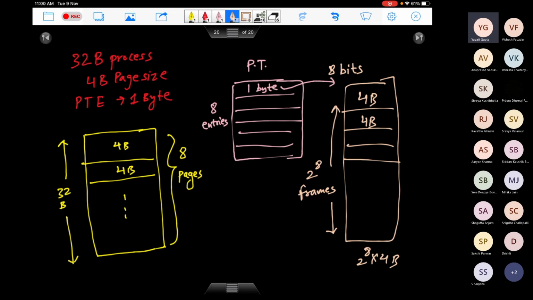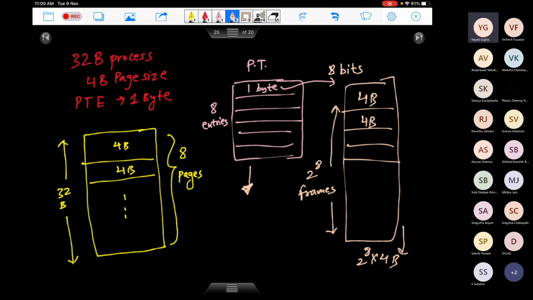Okay. Now, look at this page table. The idea of multi-level paging is, if you look at this page table, I'm going to load it somewhere in the physical memory, where you are storing this process. The same physical memory will at some place have that page table, and you know that this main memory is divided into frames, right? So let's look at how many frames this page table will take if we were contiguously allocating it.